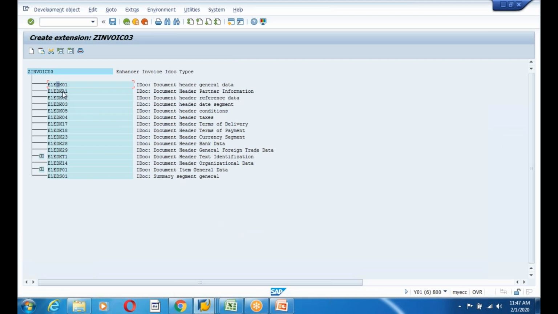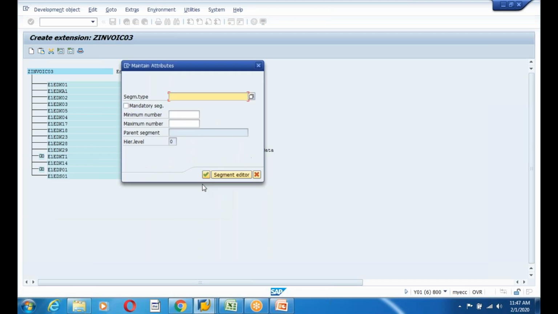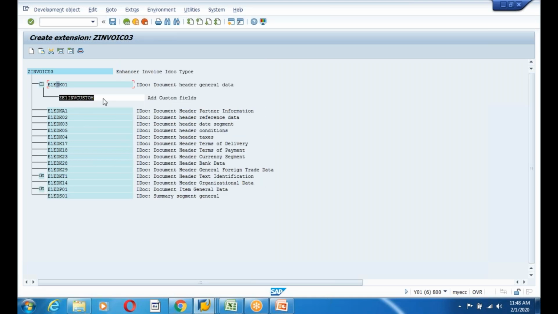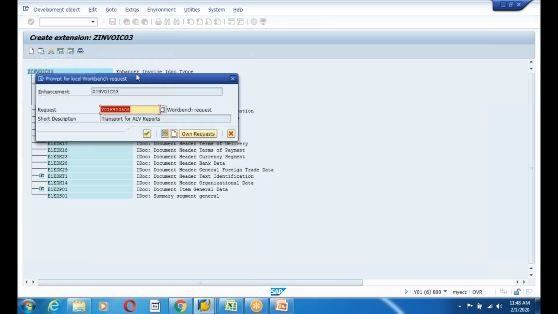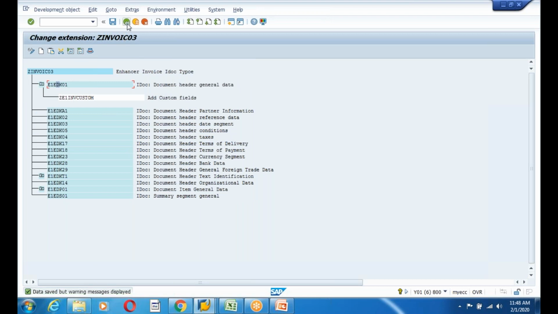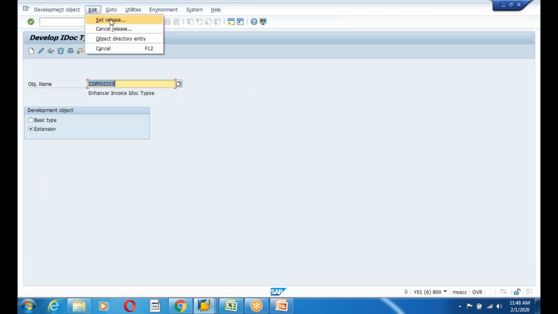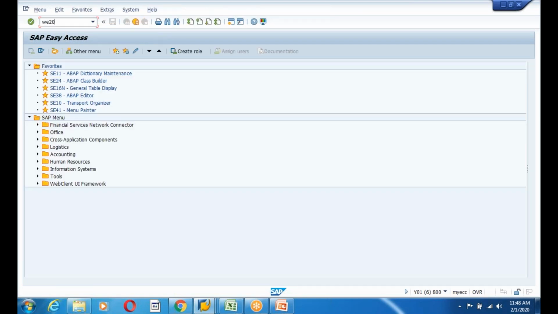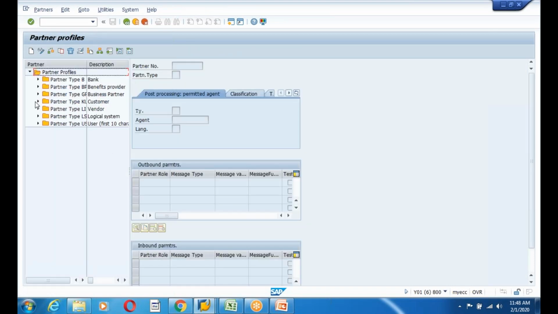And here you need to select this, and here I am going to add my custom segment. Create the segment, and okay, and I'm going to provide my custom segment. Is it a mandatory segment? No, it's not mandatory. Yeah, I have added my own segment like this. Save it, and okay, and come back and release your custom IDOC type. Yes, so I have released this custom IDOC type, and now we go to WE20 and go to the